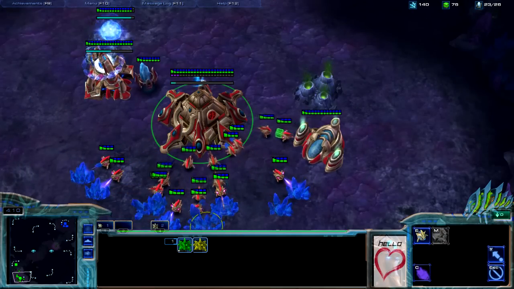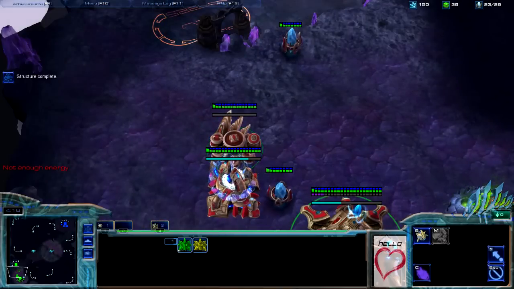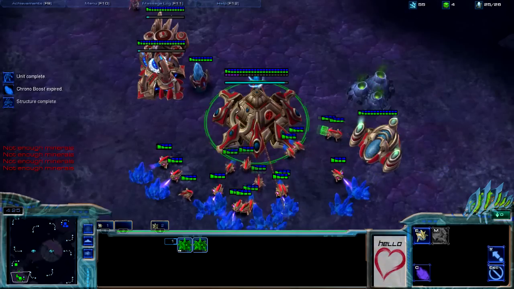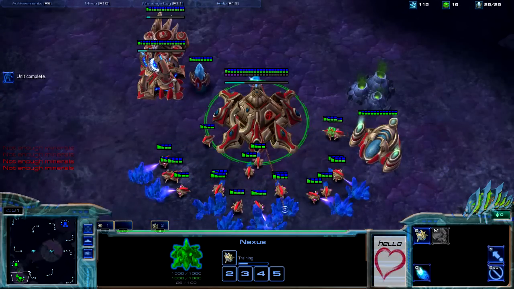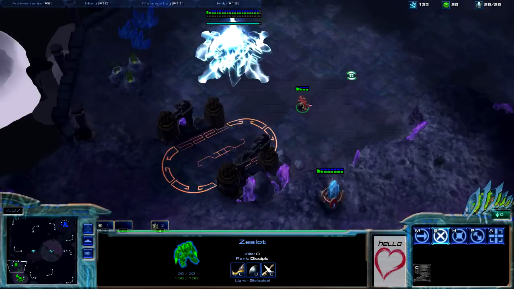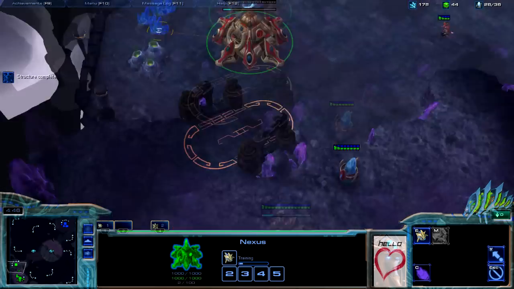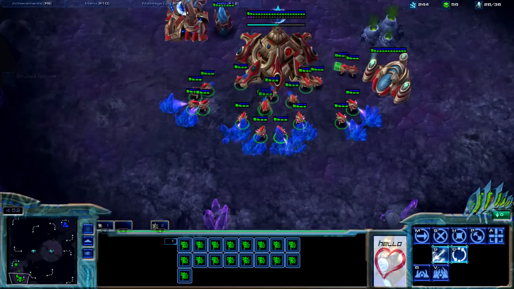But if you see gas, or he's doing some sort of 2x or something like that, what you want to do is before 5 minutes, add 2 more gateways, and before 6 minutes and 20, which means 6:20 at the latest, is when you want to start your robo, to counter banshees. So once I reach 16 probes in my mineral line, I want to